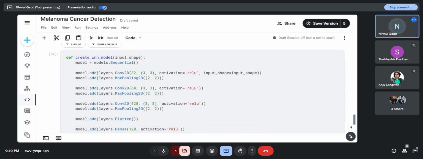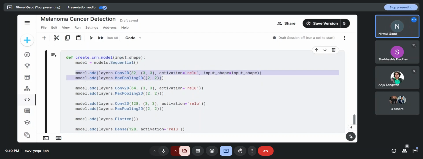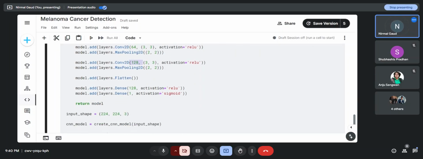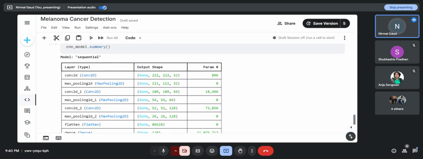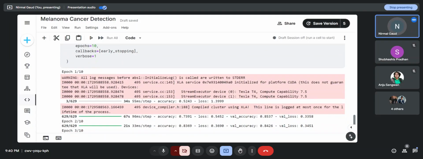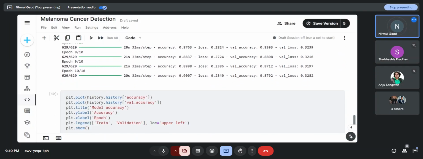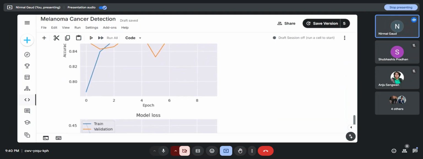I created a very simple architecture, but it proved to be very effective. Just convolution and pooling, three blocks: block 1, block 2, block 3, increasing the number of filters 32, 64, 128. That's it. And I gave my data to this for training, and I got scores like 90% accuracy